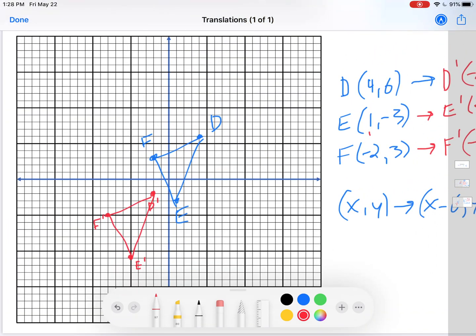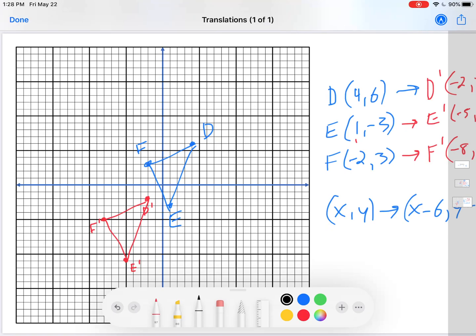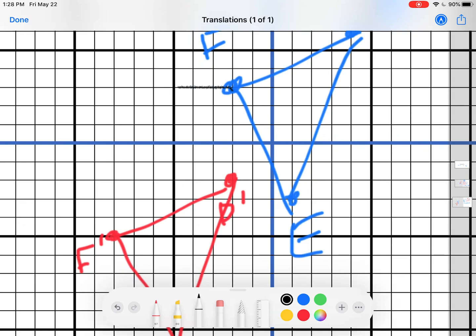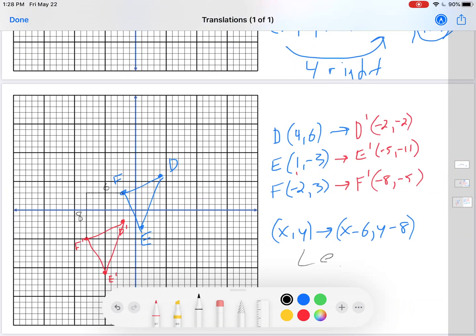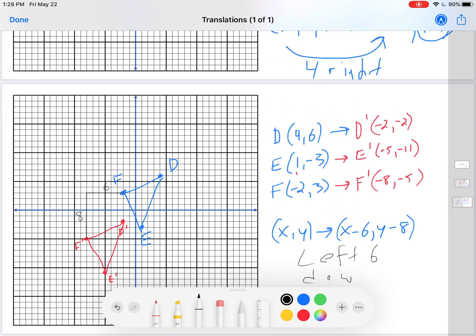Did it go left and down? Yes. Did it go left 6 and down 8? Well, let's take a look. It went this much and this much. That's 6 here. That's 8 here. It did go left 6 and down 8. And that's pretty much it. Next